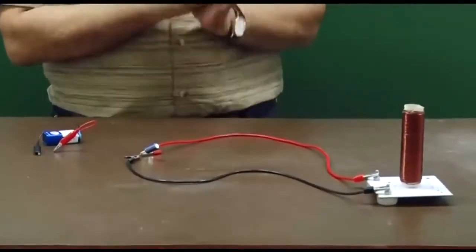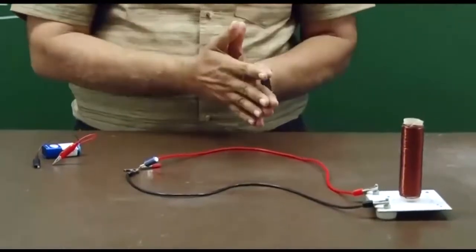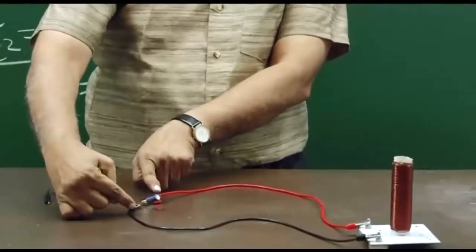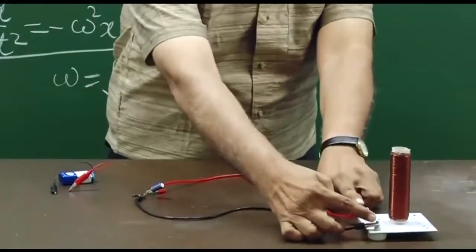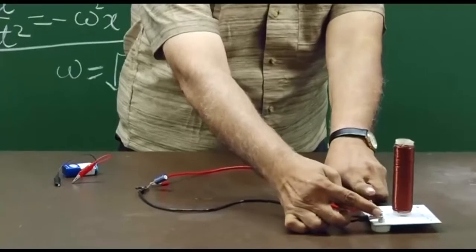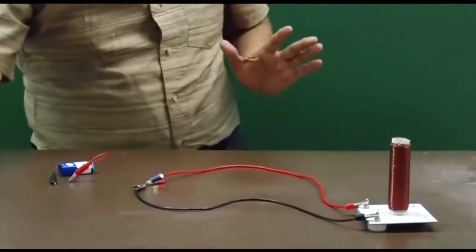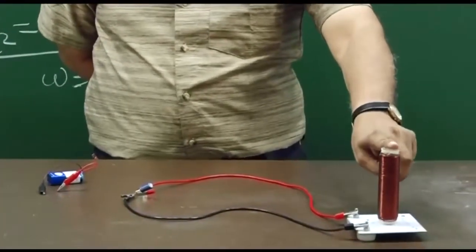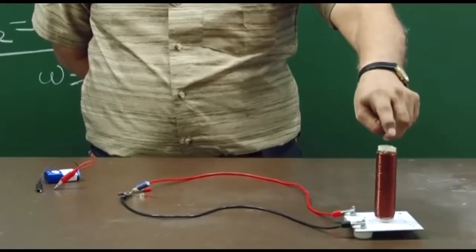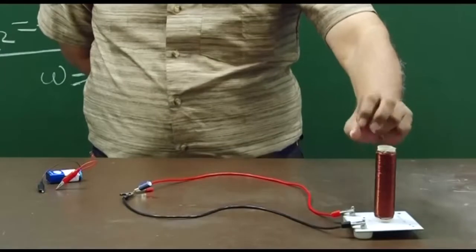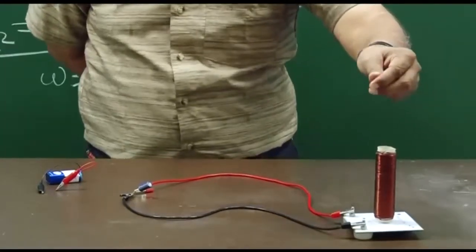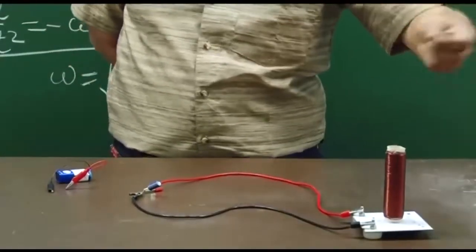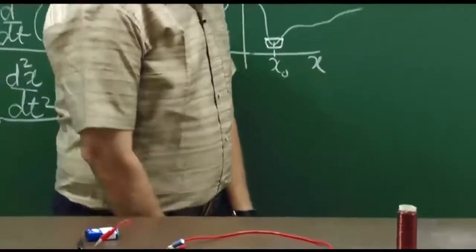So, let me try to write an equation within the idealization that there is no resistance, the resistance is negligible. In that case, this potential difference Q by C here should be equal to the induced EMF generated here. Let me just give you the equation, but remember, qualitatively, induced EMF is proportional to the rate of change of this current, because that decides how the magnetic field is changing, and the rate of change of magnetic field will decide the induced electric field, and that finally will decide the EMF. So, we will have this equation,